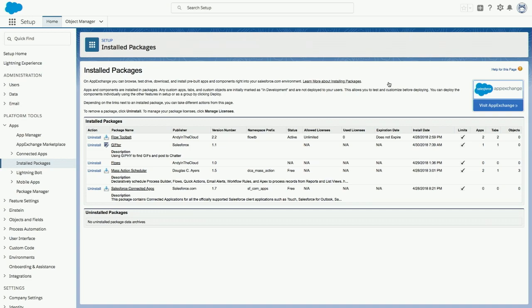So I'm not going to demonstrate that. I think we've seen enough of the GiftA package. So before I move on to the next chapter, I do want to take a moment to call out open